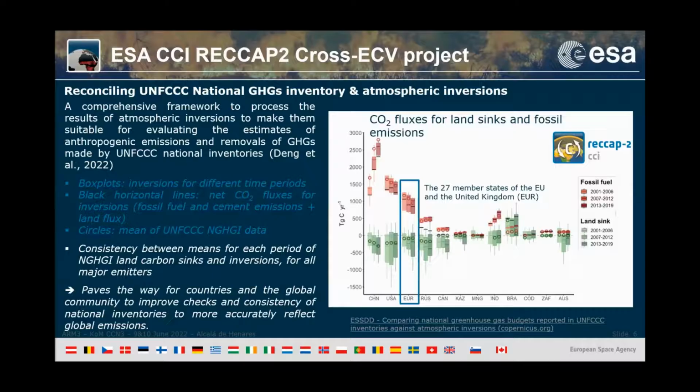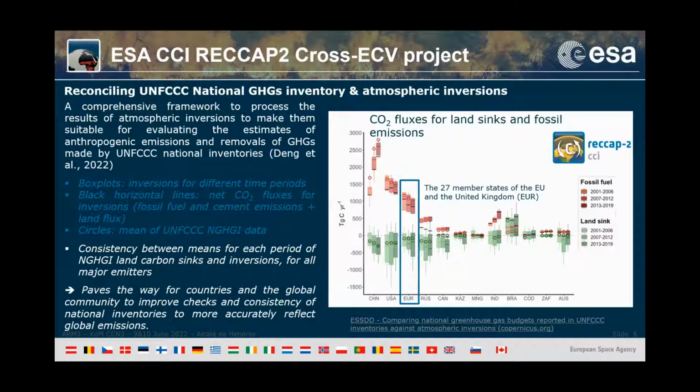Emitter. So the major emitter, got it. On the x-axis, the box plot represents the atmospheric inversions for different periods of time. In red, you have the fossil fuel, and in green, you have the land sink. The black horizontal line represents the net CO2 fluxes for the inversion, and the circle represents the mean of the